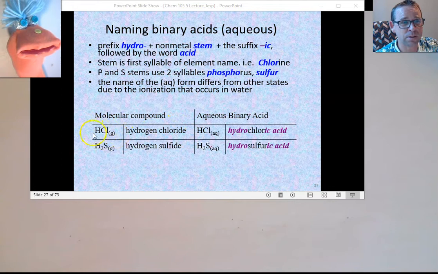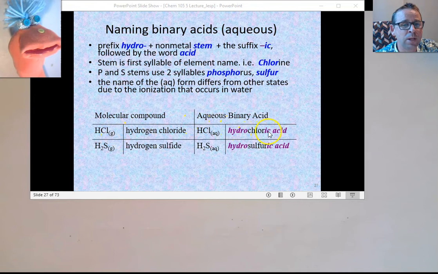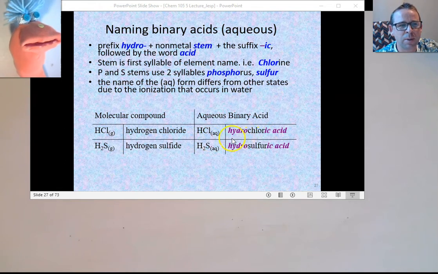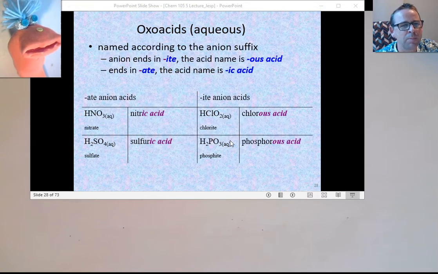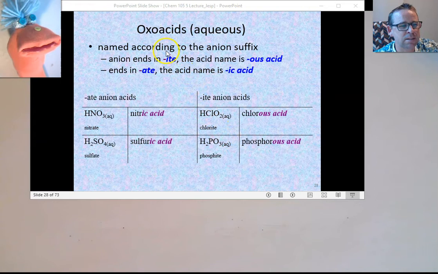Here in this case it's the chloride ion. Here it's the sulfide ion. And you end it with ic acid. So hydrochloric acid. This binary method, I call the hydroblankic method for naming acids, right? The other method for naming acids is